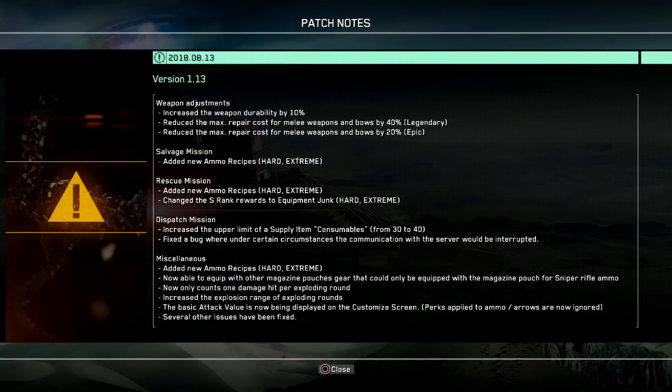So a very welcome change that they did. It wasn't really that big of a deal, but it is really nice that they did this. So where it says here, now able to equip with other magazine pouches gear that could only be equipped with magazine pouches for sniper rifle ammo. Yeah, the English is really bad, but in translation,